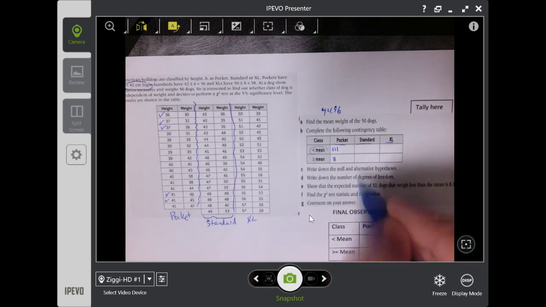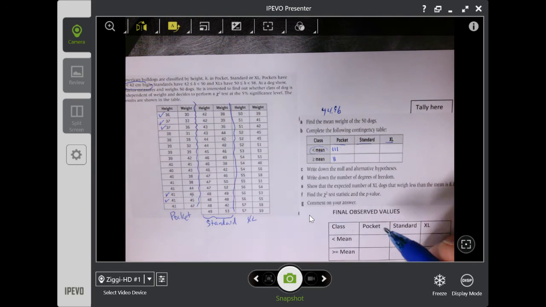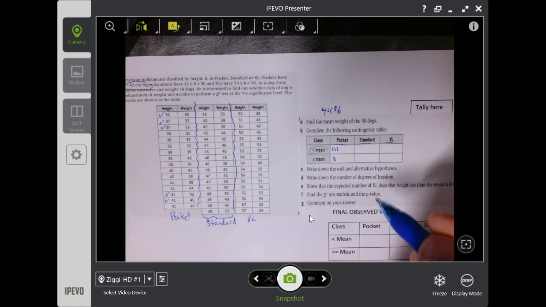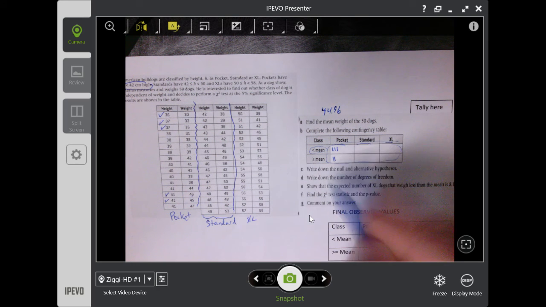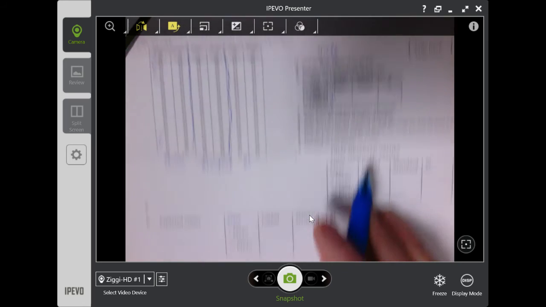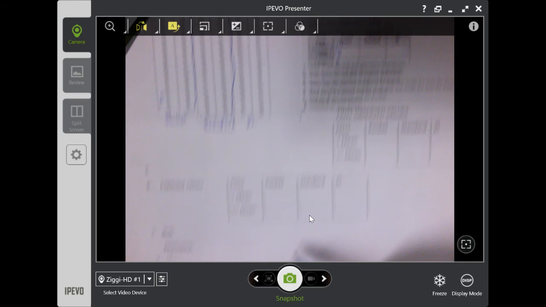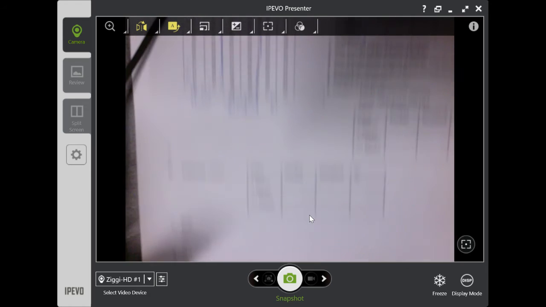And then before you go on, if you want to check the announcement I put up, or go back to the original assignment, you can see this table to make sure it's right. Because if this table is wrong, then all these other calculations will be wrong. The last thing I wanted to show you on here